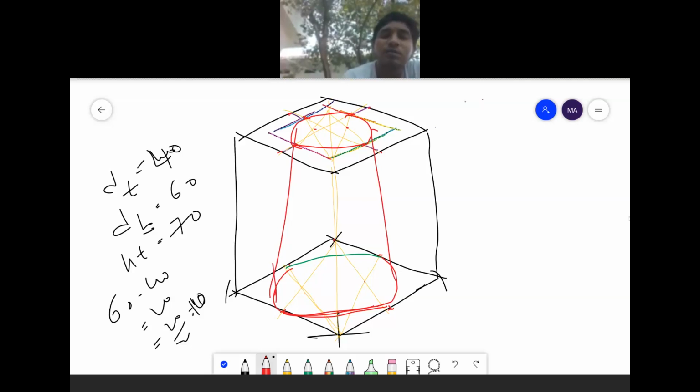Understand? I'm joining these two circles. After that, this one is also a hidden part. This one is also a hidden part. The green color which I have drawn the arc, which is the hidden part, can be drawn as a